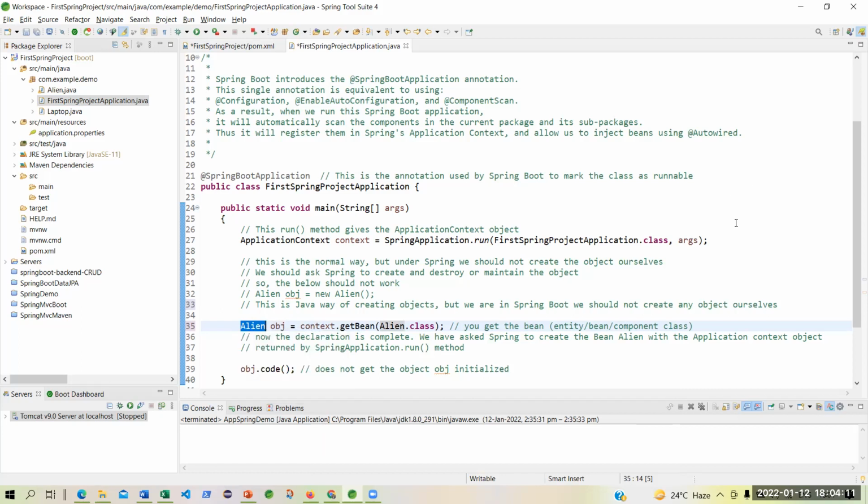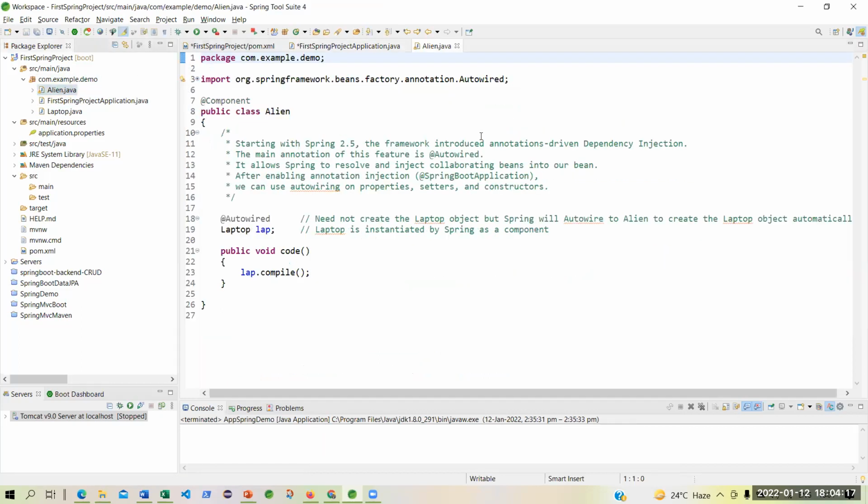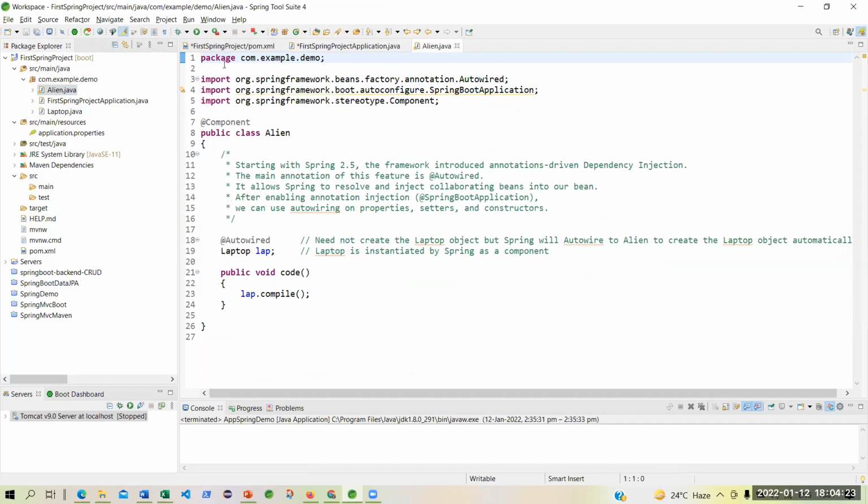Now let us go and check Alien. I have created this Alien, that is, you have created this Alien object or a class. And what is the package? This Alien appears in com.example.demo that you already know. It is from Java because this is the package where you will find Alien.java.